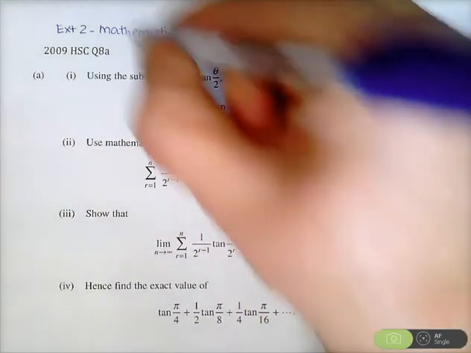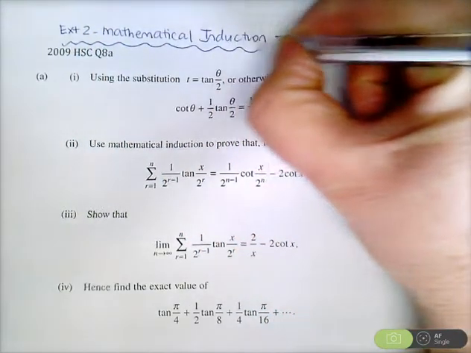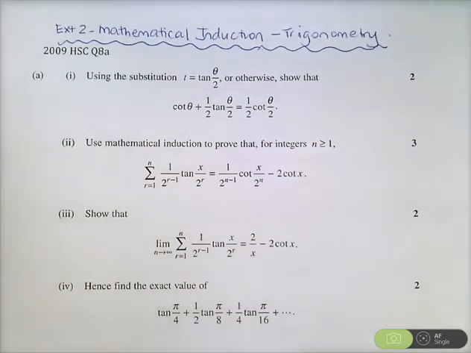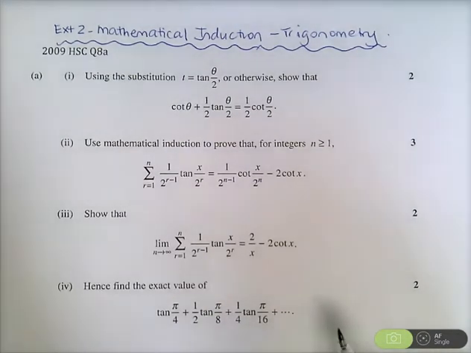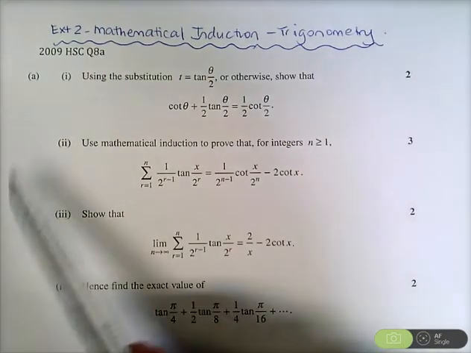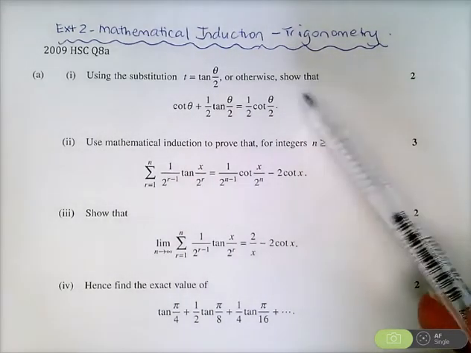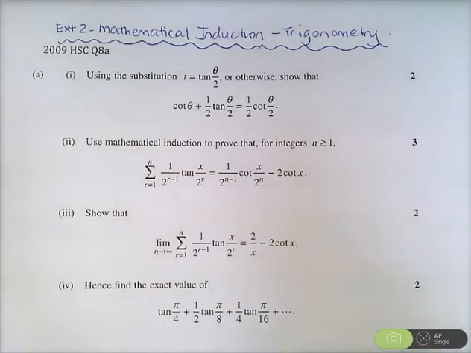This is the fourth video for mathematical induction for Extension 2, and we're looking at induction with trigonometry. We're going to look at the 2009 HSC question 8a, and there are 4 parts to it. So we're just going to start here with part A, using the substitution t equals tan theta on 2, or